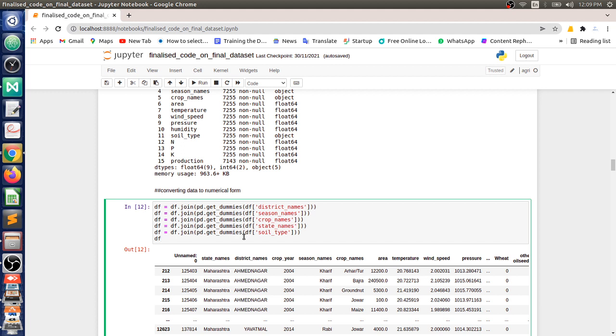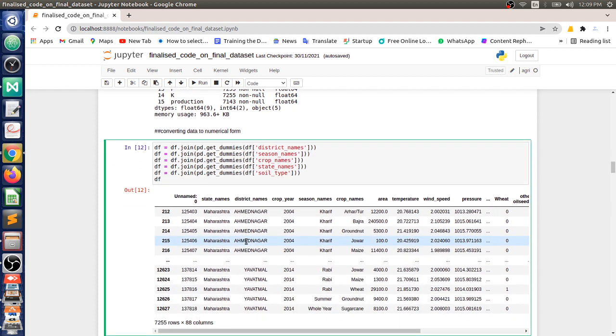Otherwise you can go with dummies, which convert the column values into columns. Ahmednagar will become one column, Yavatmal will become one column. Where it intersects, that will be one, and everything else will be zero in that column.